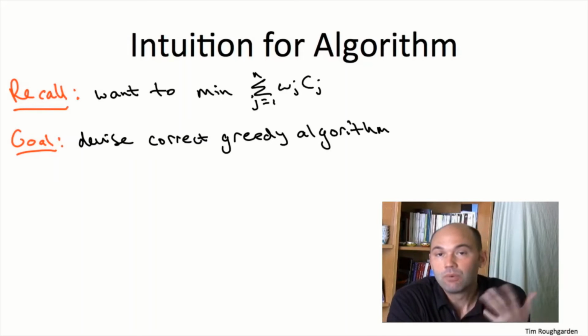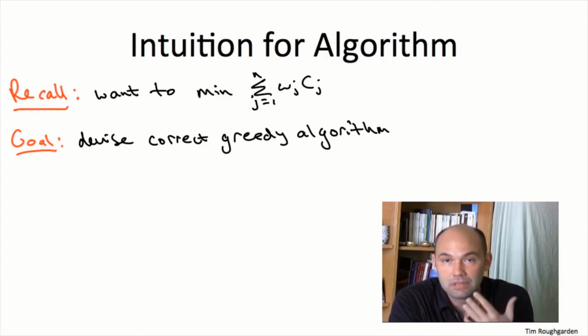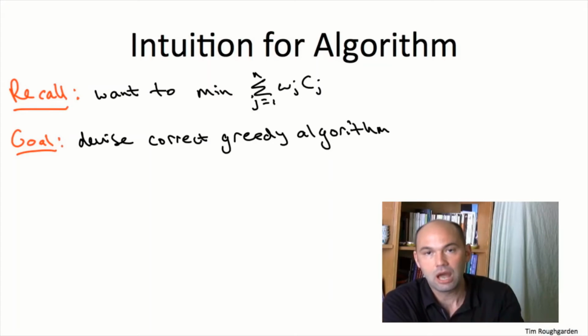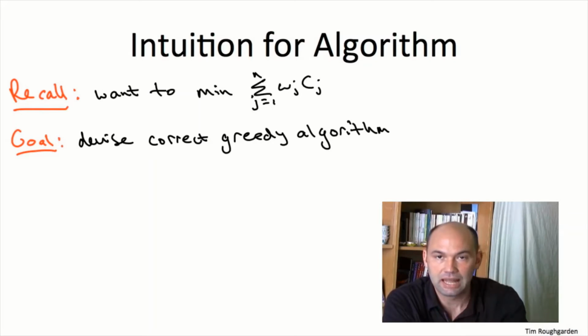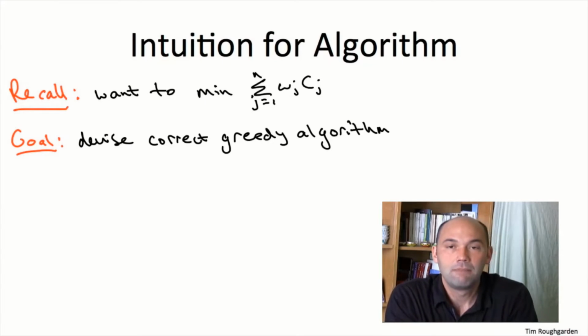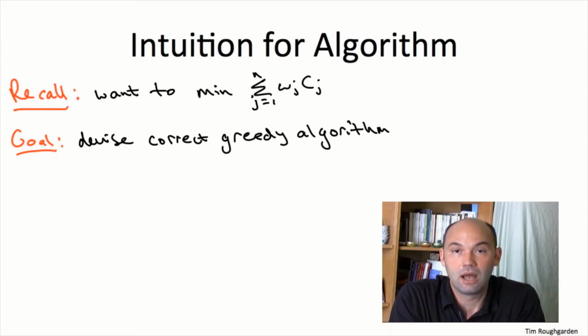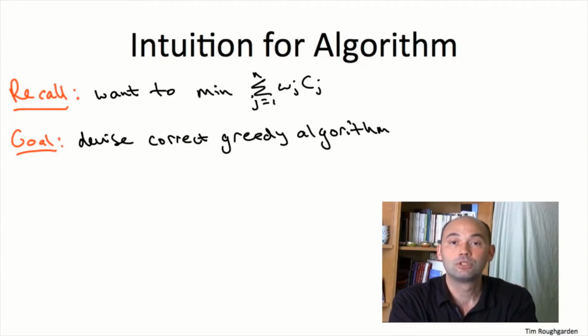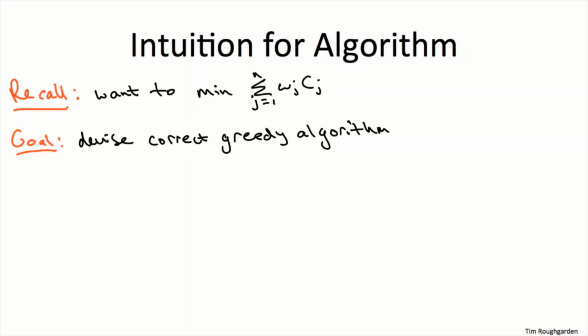Now, what are we doing? We're studying a sequencing problem. The definition of the problem is to schedule a job, then another job, then another job, all the way up to the last job. And so this iterative nature of the solution suggests that, at least if you're lucky, if the problem's simple enough, maybe there's a greedy algorithm which simply schedules the jobs in the correct order, one at a time. So we're going to see if that works for minimizing the sum of weighted completion times.